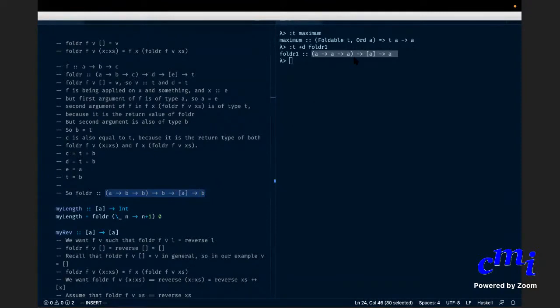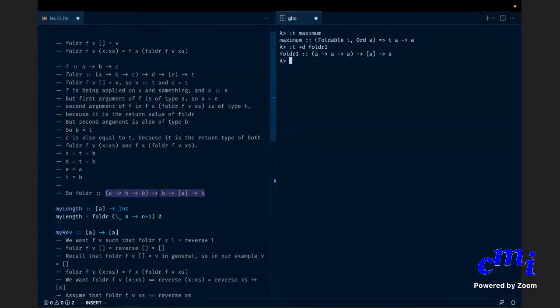And now what about the other things? Instead of V, what are you going to use? You're going to use an element of L itself. So the element of the list itself, not V. In particular, the last element of L. Okay, so therefore, in this type, this B has to be equal to A, right? So this B becomes A, this B becomes A, these two B's become A's, and this B also becomes an A. Yeah, so that is why you get this type. Is it clear?